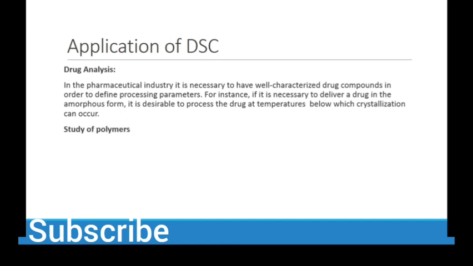Now the study of polymers. So you will know the crystallization and melting temperature of the polymer. Then the study of protein stability and folding. It is very important to study proteins, because if you want to discover a drug or a new molecule, you have to know the stability and folding properties of the proteins. Then oxidative stability, because everything involved in crystallization and melting points are parts of DSC application.